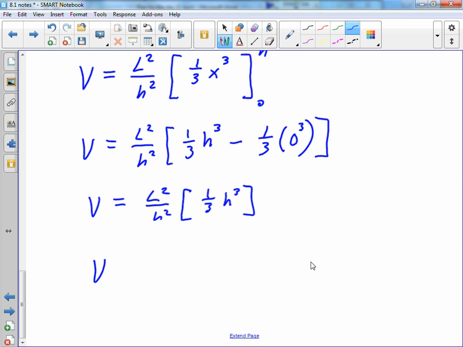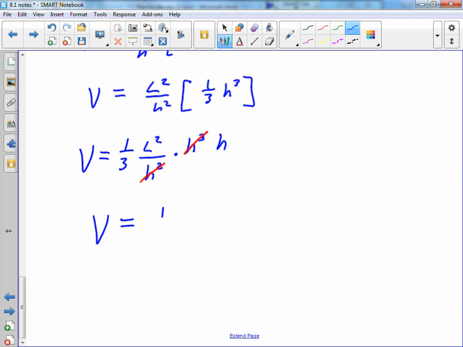And now let's put these together. The volume equals L squared over H squared times H cubed. I'm going to bring that 1/3 in front, since it's 1/3 L squared over H squared times H cubed. Well, I'm going to divide that by H squared and that by H squared, and that leaves me with just H. So now I have volume equals 1/3 L squared times H. Now recall that L squared